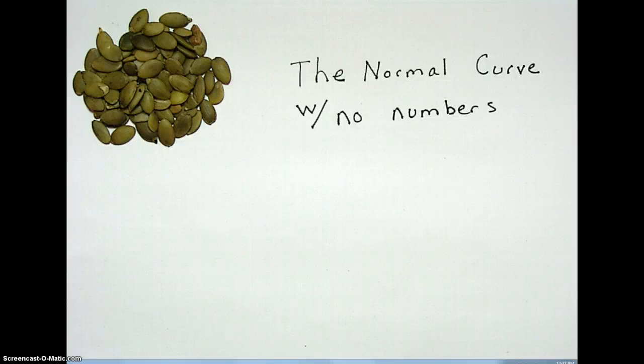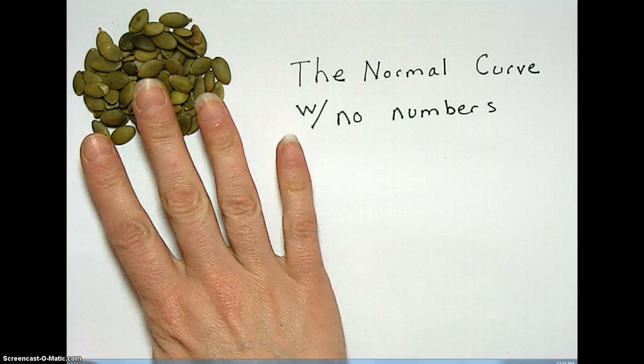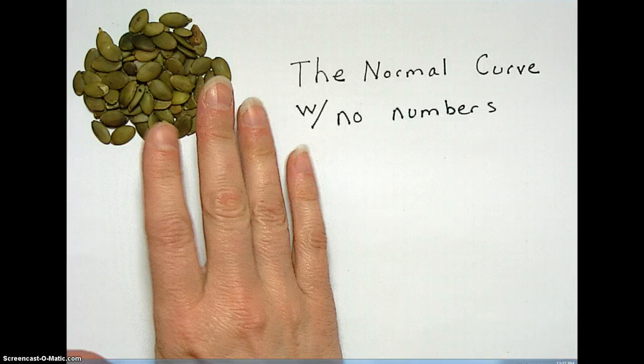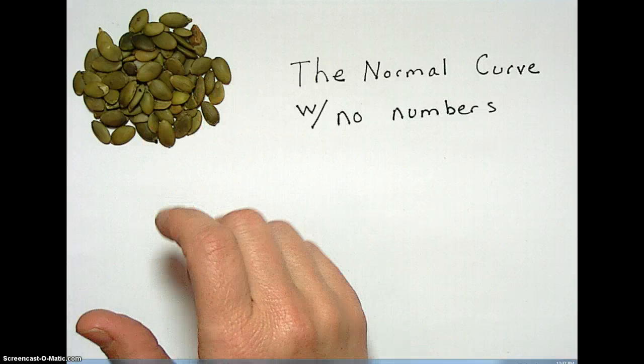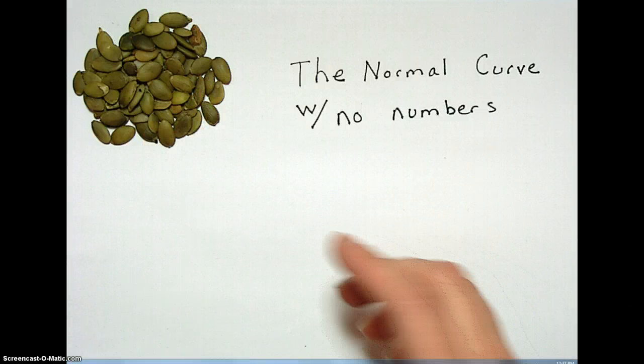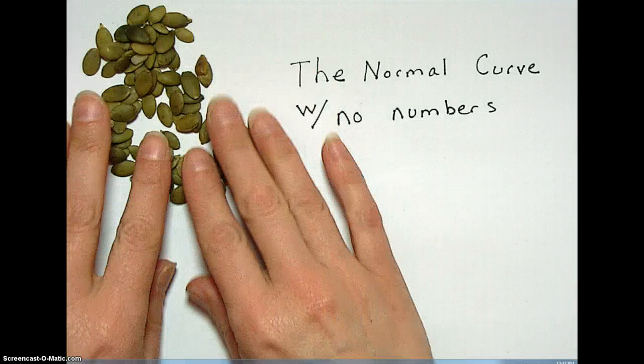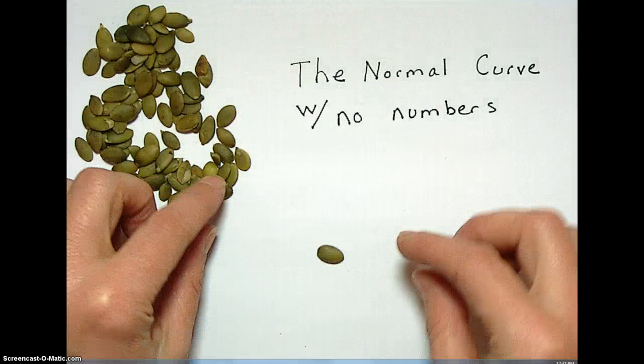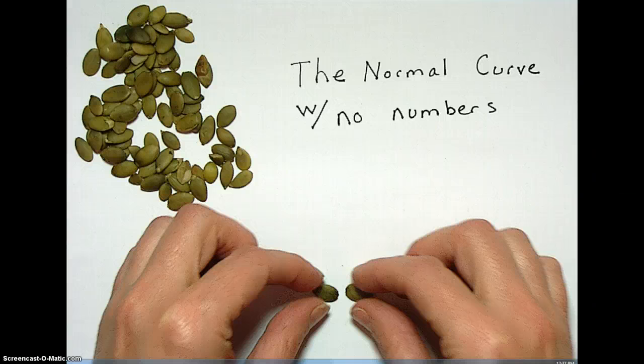Hello everybody, this will be a quick video about the normal curve with no numbers. The normal curve is a way of looking at things in nature and in manufacturing that are distributed normally. If we take these pumpkin seeds and we lay them out and kind of organize them like a bar graph